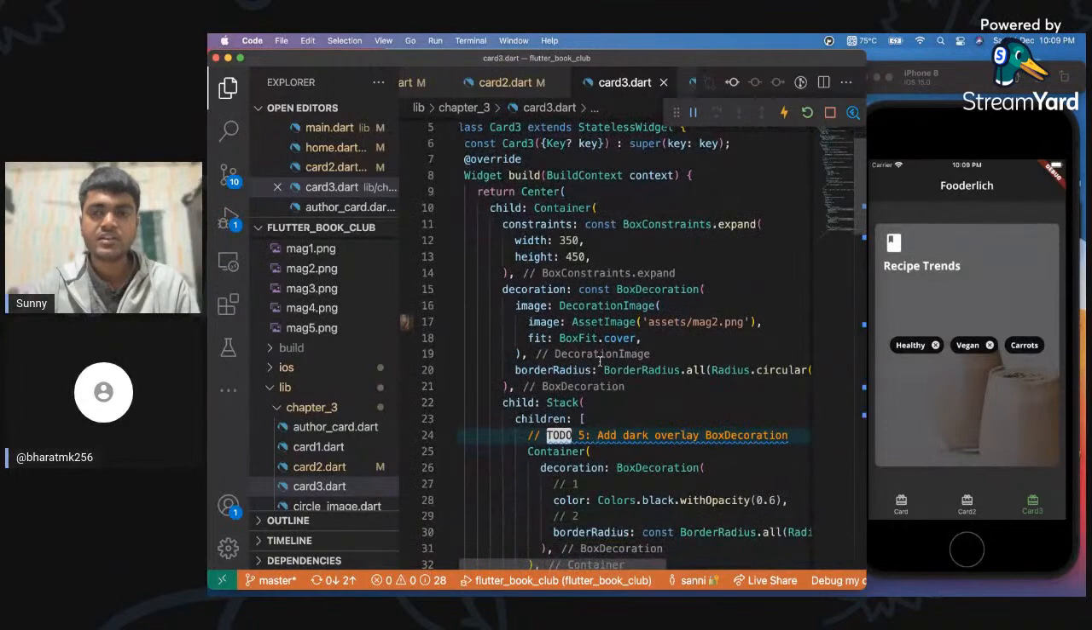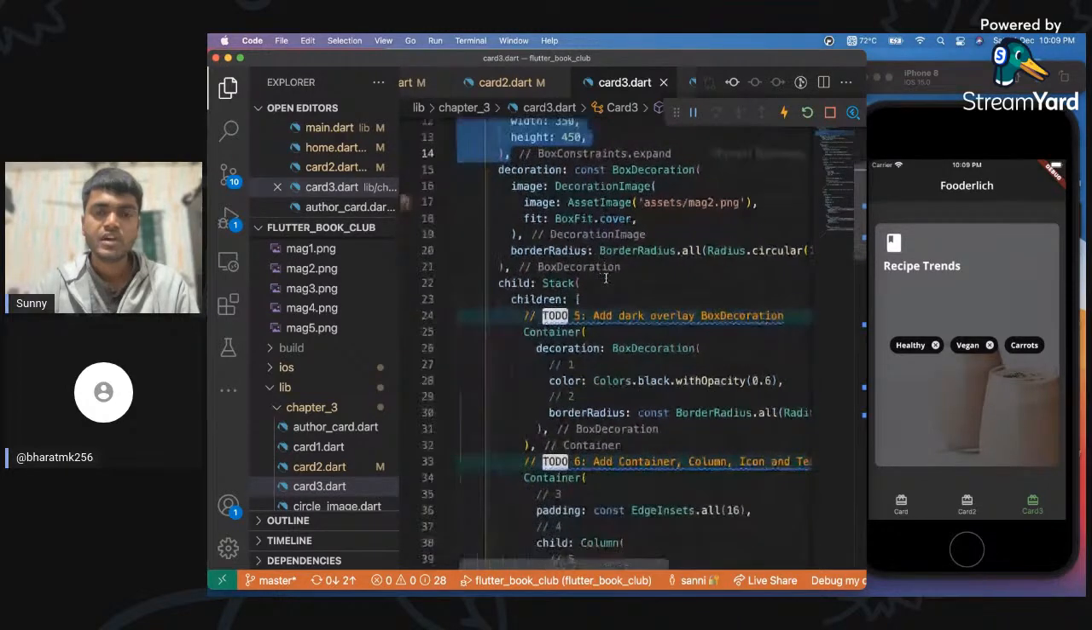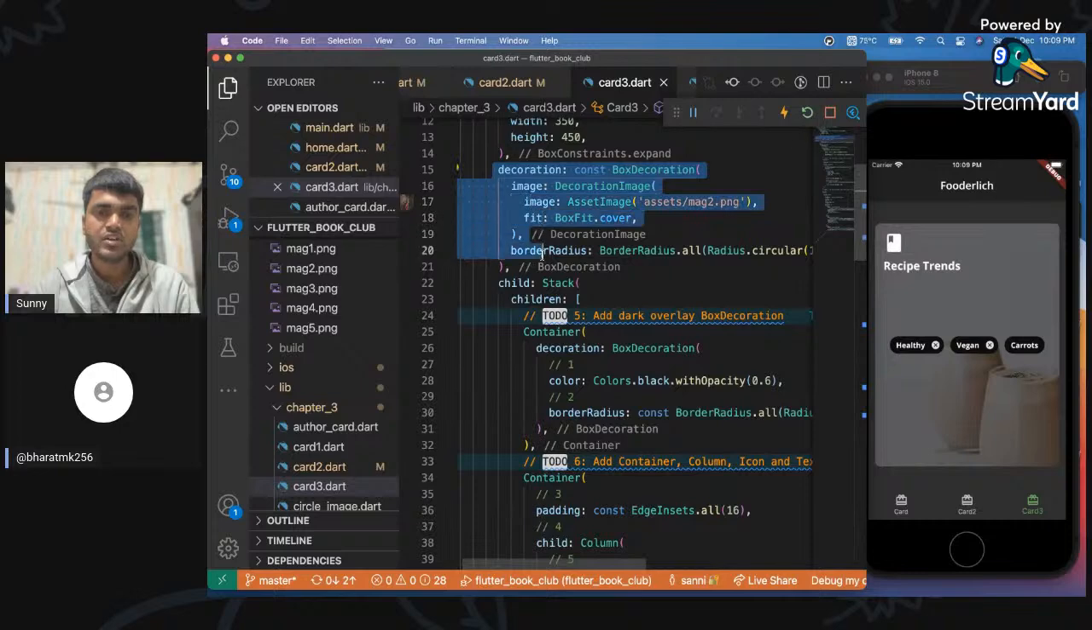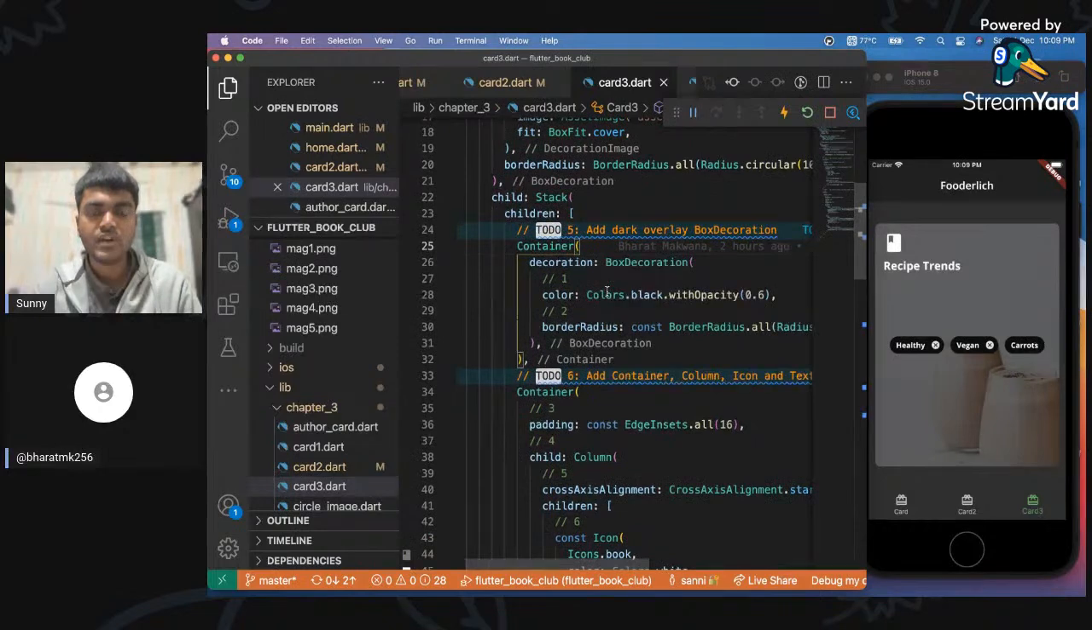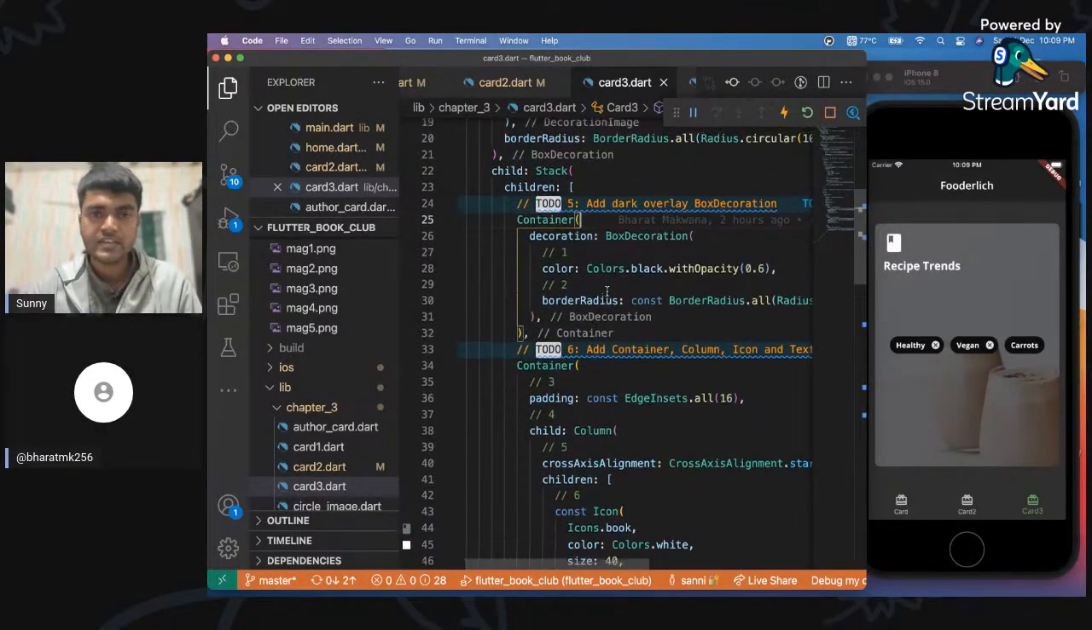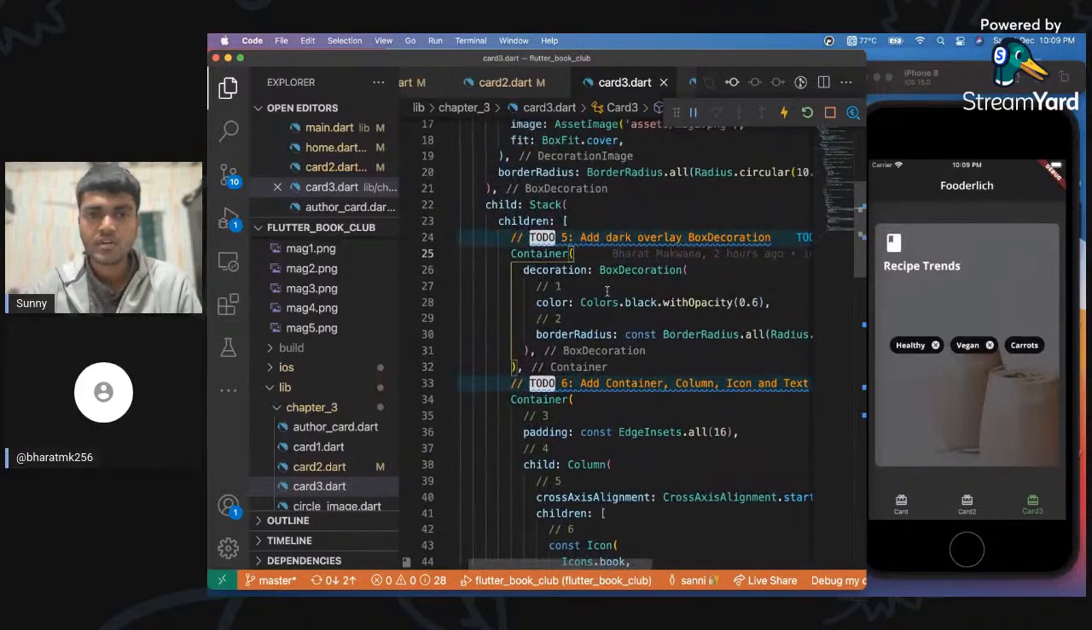So here, card 3. For card 3, first of all, we will have to create a big card with a background image. That is done the usual way by providing constraint to a container, and a decoration image in the decoration of it. Then we want to add a new layer over that container, and add our widgets. So we'll use stack, and in stack what we can do at first is